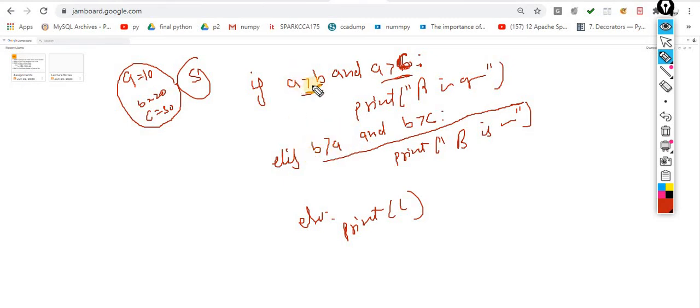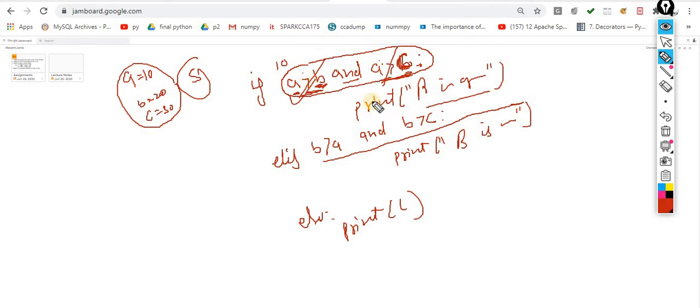Here I am checking, understand carefully, if A is greater than B and A is greater than C. The meaning of this is that if both conditions are true, then the output is this one. Suppose any condition is not true: this condition is true and this one is not true, or this one is true and that one is not.